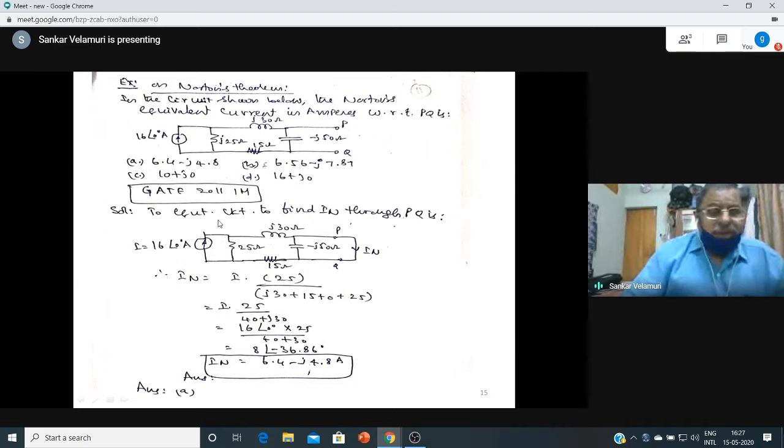Okay. So the equivalent circuit to find IN through PQ is IN is shorted. Now you may ask me the typical fundamental question, because the way you are asking the questions, you will ask